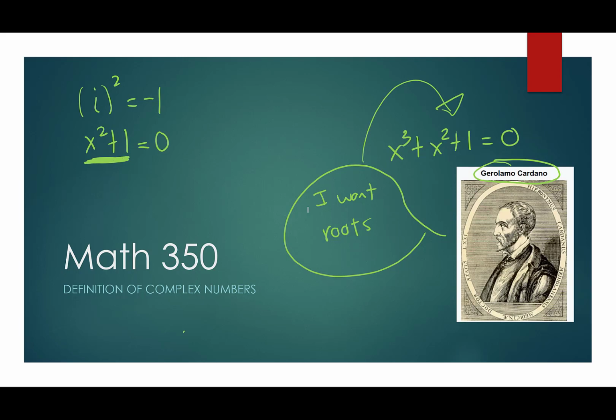And so the complex numbers you can really think of as a way of creating a number system that actually has roots for all the polynomials that we can think of. And we'll see that at the end of this video today. But that's where complex numbers got started, with trying to find solutions to things like this. We needed to define another number system that actually contained those solutions. That's the complex numbers in a nutshell. They're sort of amazing in that way. Anyway, let's go ahead and get started.